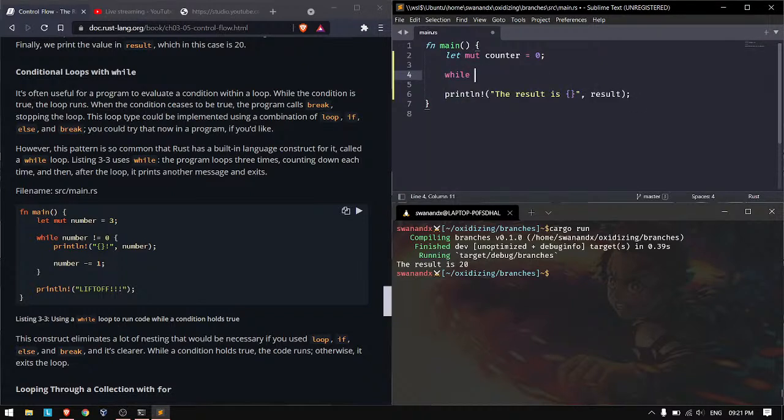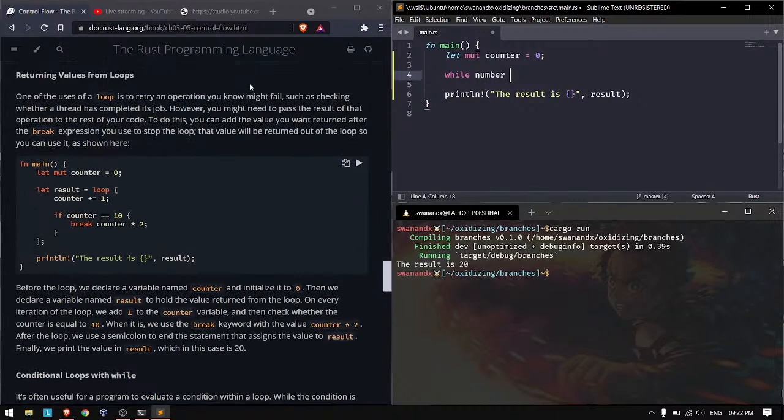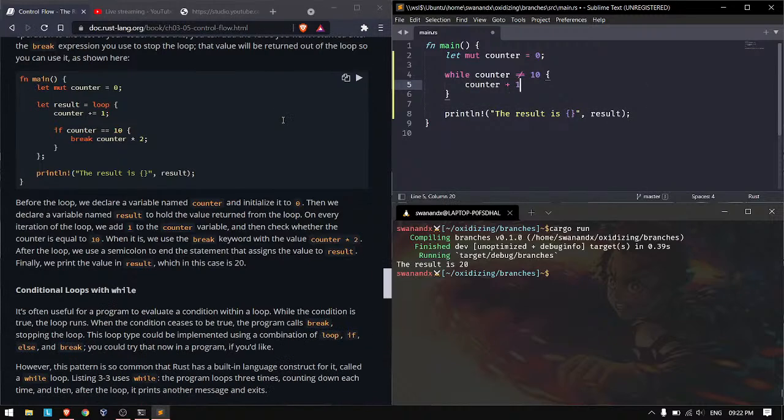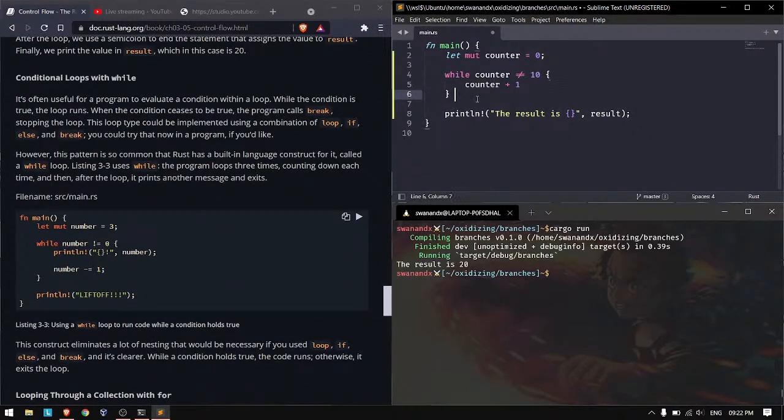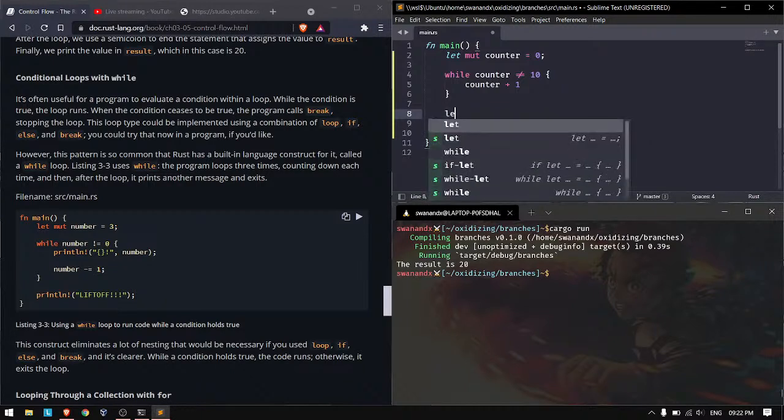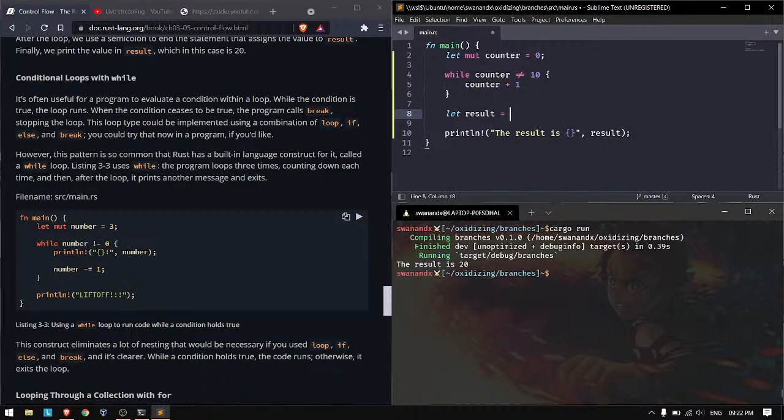So while our number, sorry, let me just check it. What was the condition? While counter, okay, while counter is not equal to 10, what we are going to do is we are increasing counter by 1, and once it's done, we are saying let result equal to counter into 2,